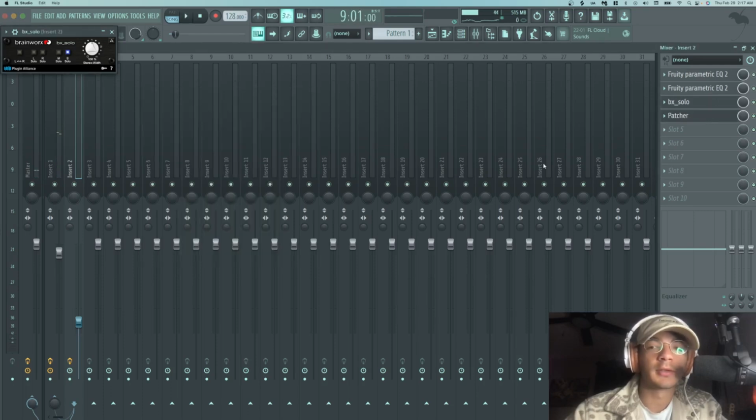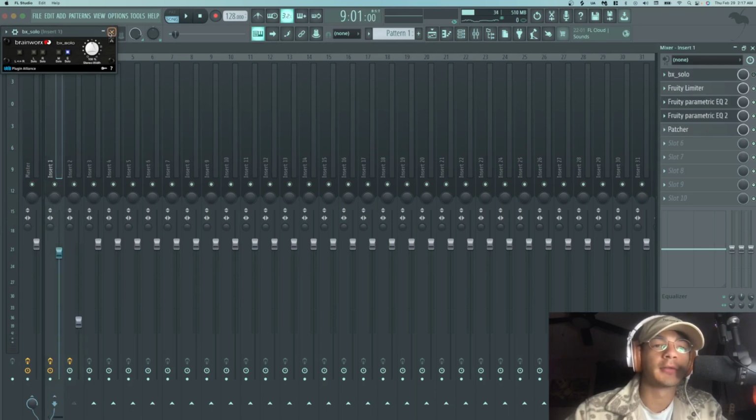And it seems like since we mute the sides, there's no signal coming through. It looks like our kick is very mono,